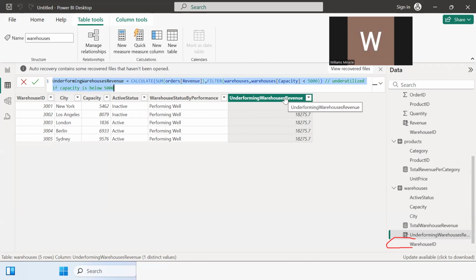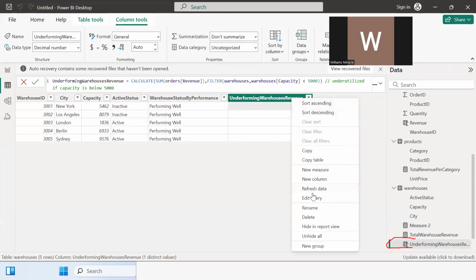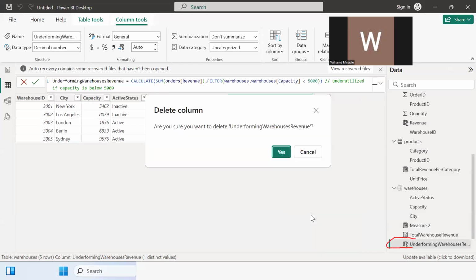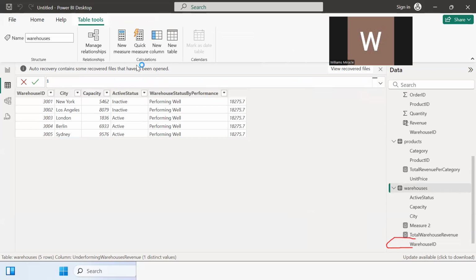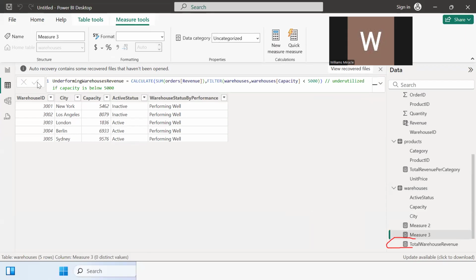So we put into consideration the capacity. So for those warehouses, new measure. Okay, so what we are looking for actually